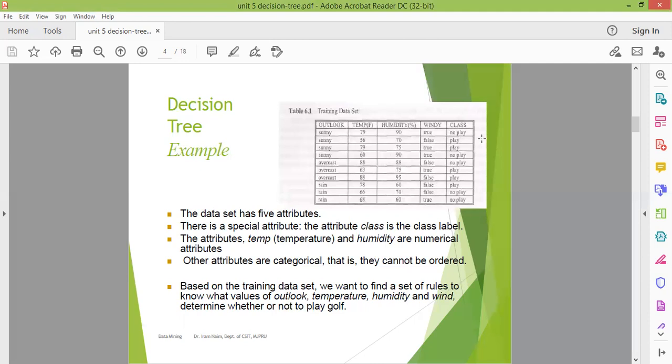So we'll come to the leaf node, which will represent either play or not play, depending upon the values of the remaining 4 attributes. Okay. So the values of outlook, temperature, humidity, and windy will decide whether to play or not to play. So here you have to make a decision tree, which is based upon the 4 different attributes, and the leaf attribute is your class label.